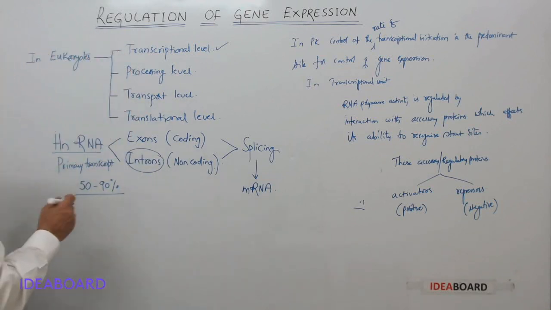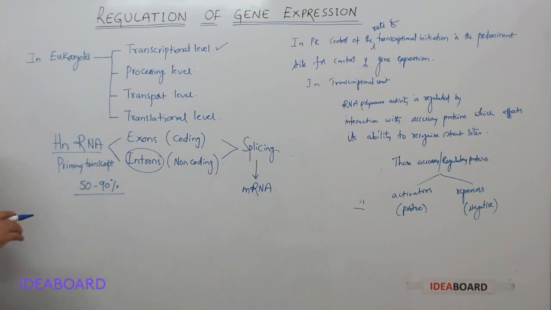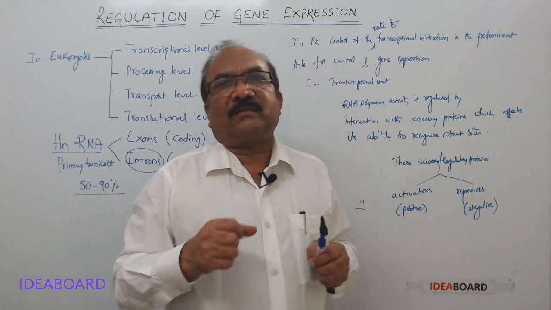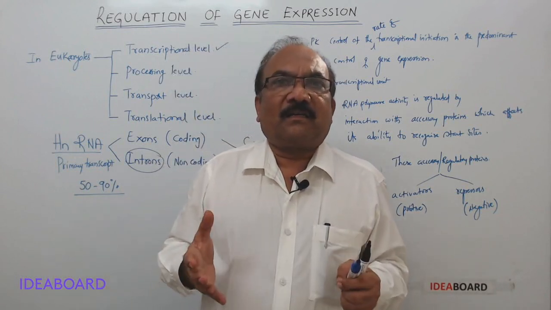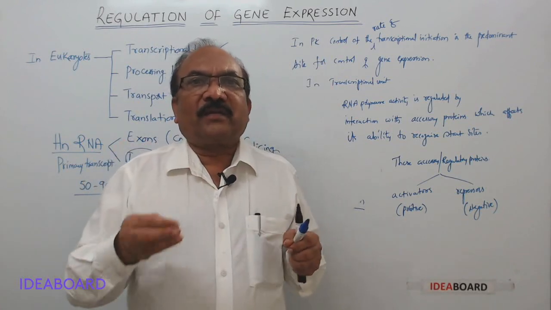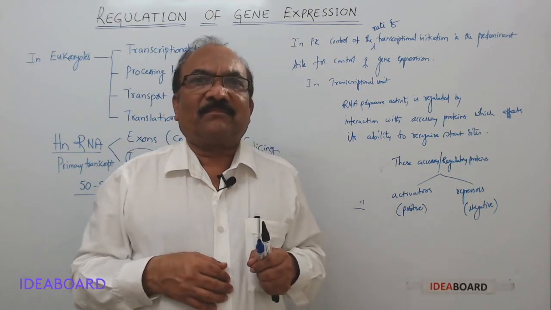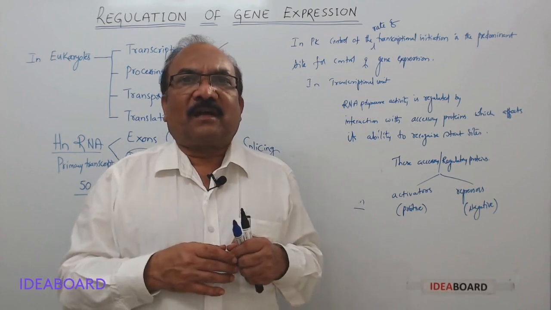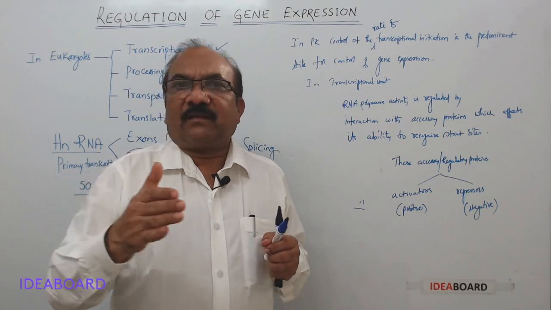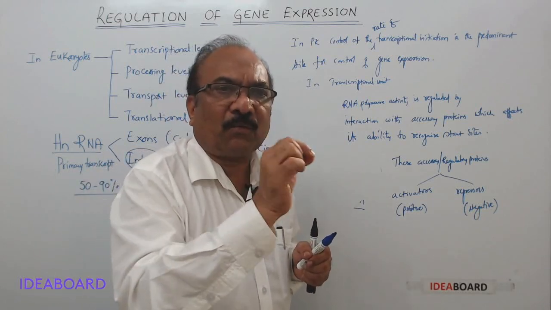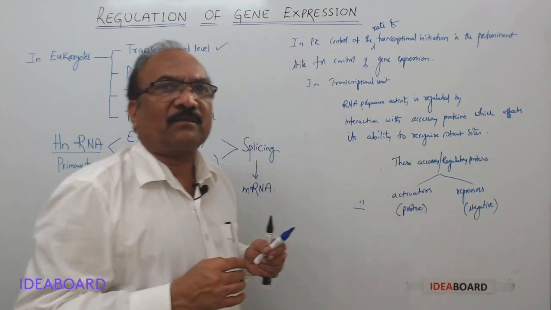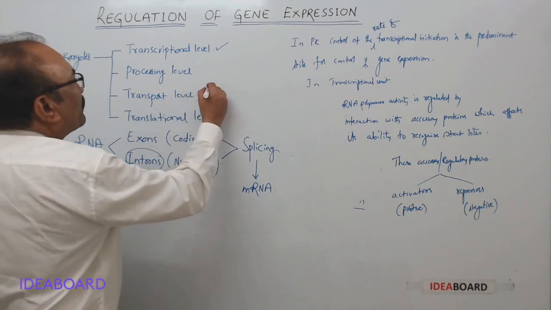Okay, so that much is removed, and then only we get this mRNA. And don't forget that this mRNA is formed inside the nucleus in eukaryotes, and for translation, it should come out of the nucleus and should enter into the cytoplasm. And how does it happen? It can't diffuse through the nuclear membrane. That's why it will search for the nuclear pores, and through nuclear pores, it will come out and enter into the cytoplasm. That is what transport level is.